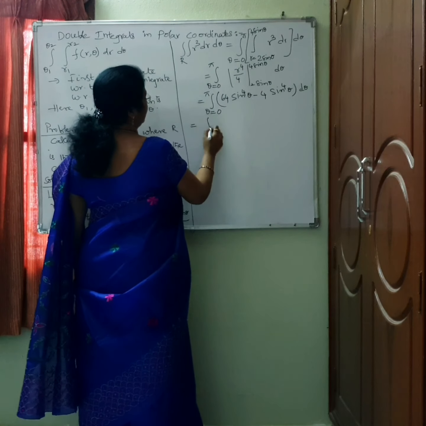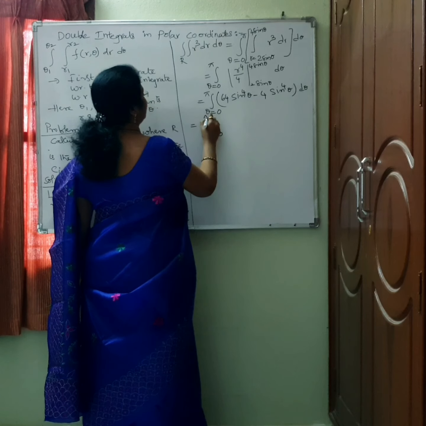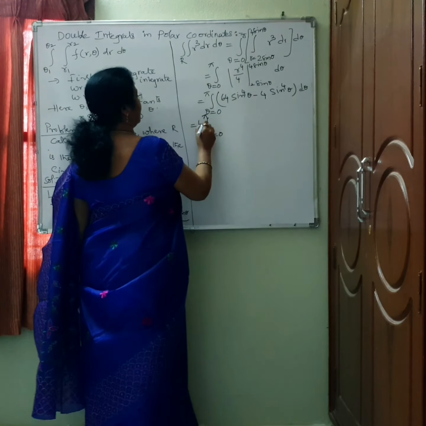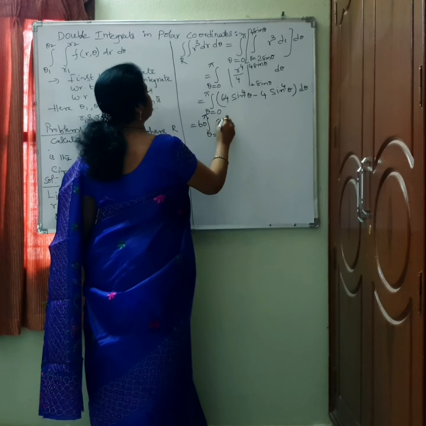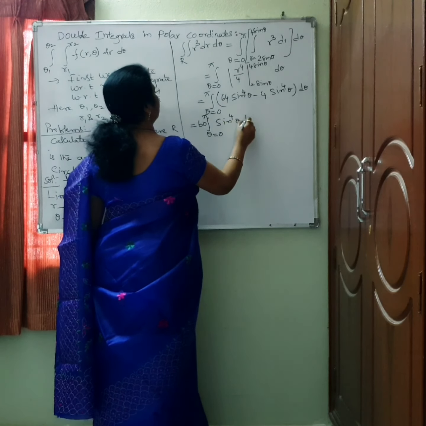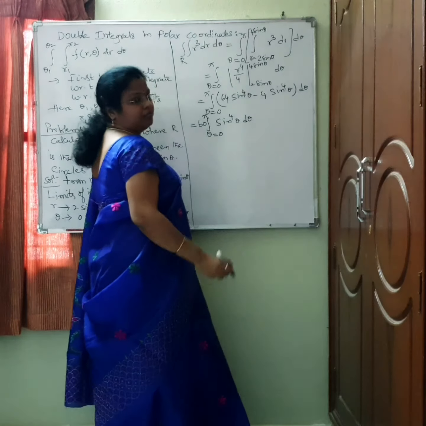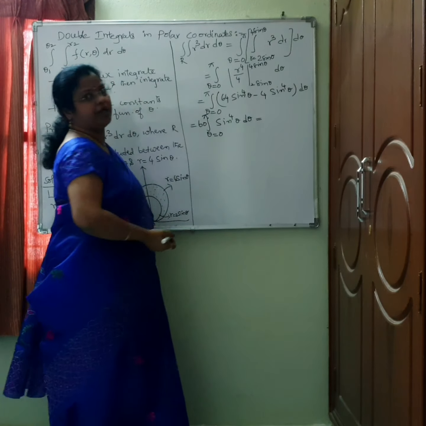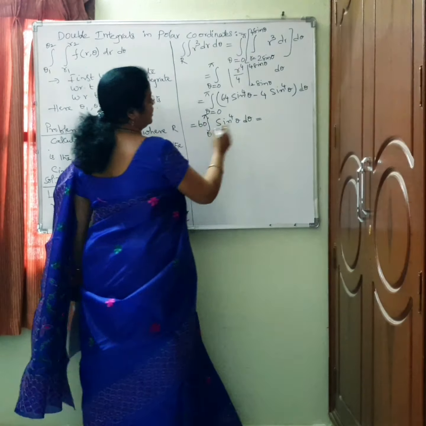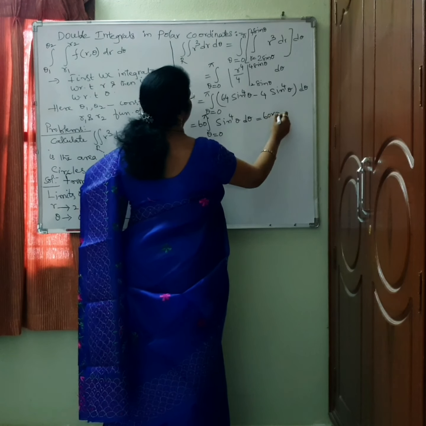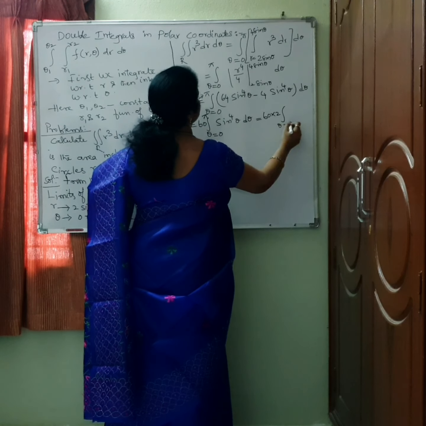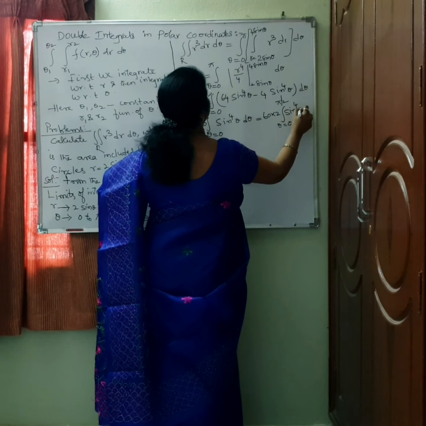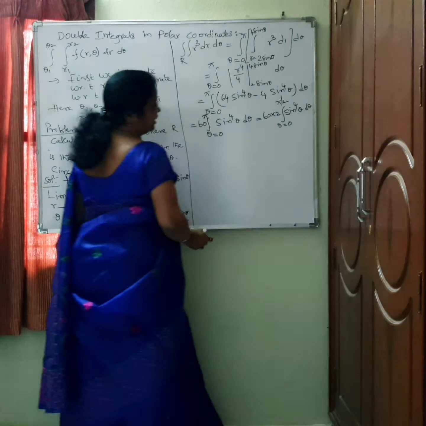Now the integral from theta equals 0 to pi: 64 minus 4 is 60, which you can take outside the integration, leaving sine to the power 4 theta d theta. But the sine function is even over the first two quadrants of the plane. Therefore, you can write it as 60 into 2 into the integral from theta equals 0 to pi by 2 of sine to the power 4 theta d theta.